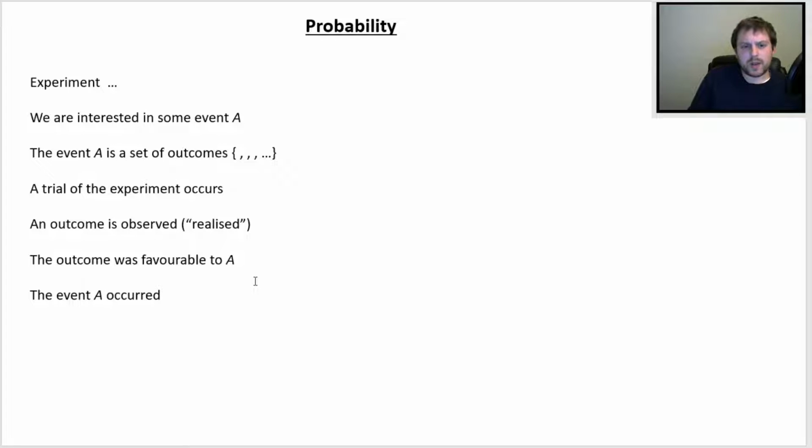Beforehand, you might express some interest in an event occurring as part of this experiment. So for example, rolling a dice, you might say, I wonder if it's going to come up an odd number. So technically, an event is a set of outcomes. So we actually use set notation. This is with these sort of curly brackets, and you list the elements of the set inside with commas